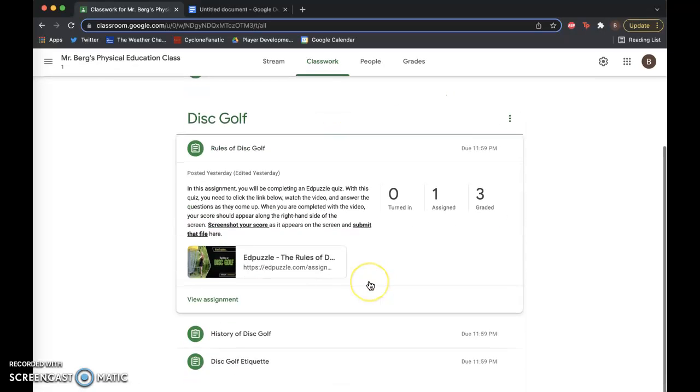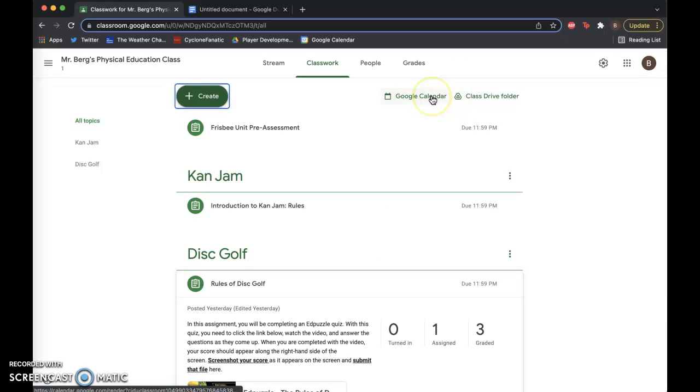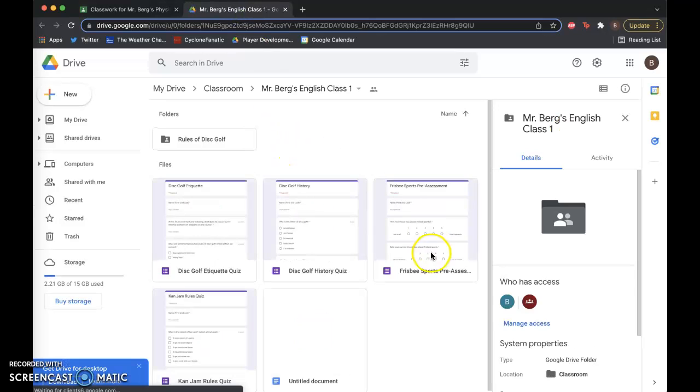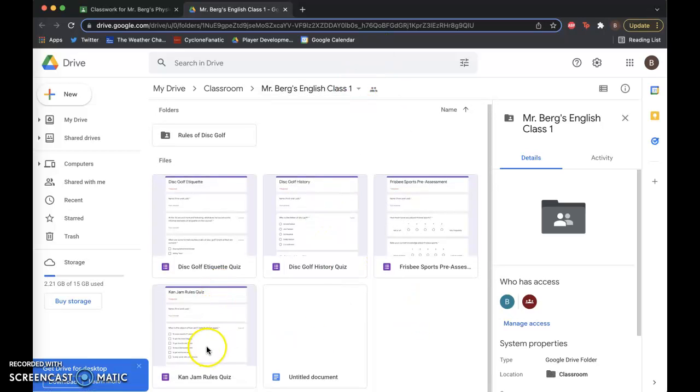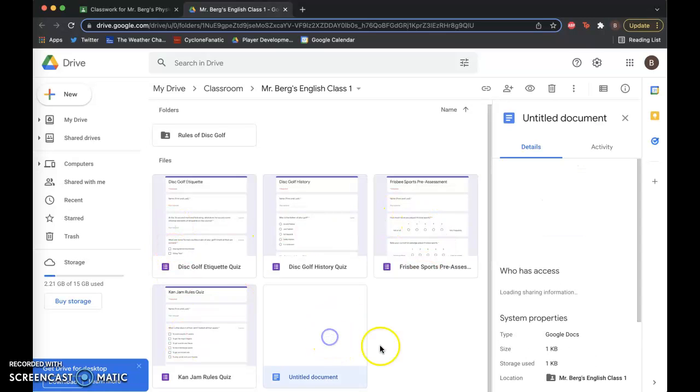But you'll see the other cool thing that I really like about this is all those assignments go into a Google Calendar, which is neat, that has all the due dates and stuff, and you can give that to your students as well. But the thing I really like is the class drive folder. So this was just created for me when I created the class. I didn't have to go in and create this. So you can see this contains all the quizzes I've made, the pre-assessment, and even this little untitled document that I just made in that